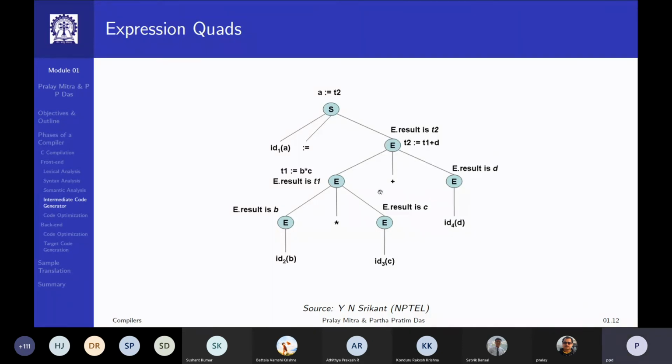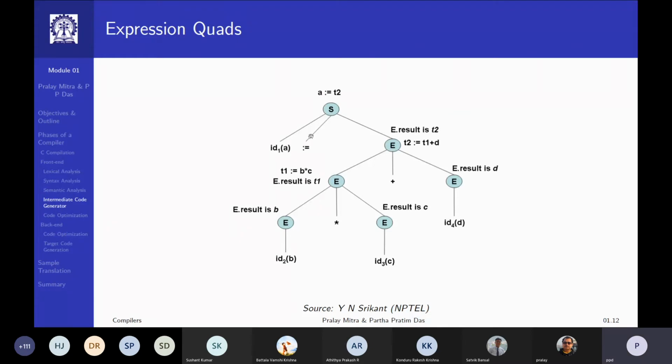A statement is an identifier assigned an expression, like this. So what is an expression? At the bottom, any identifier is an expression itself. Any constant is an expression. So if I have ID1 assigned ID2 times ID3 plus ID4, this will be the corresponding tree.